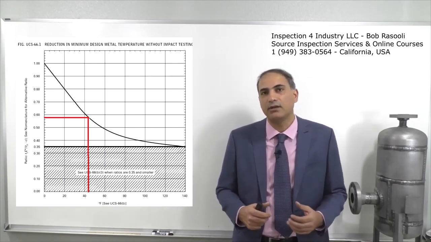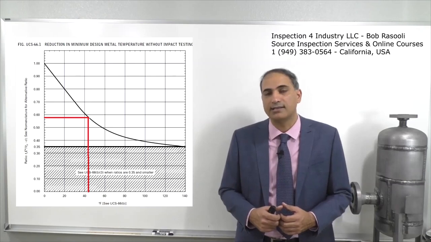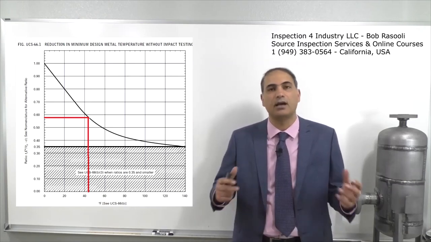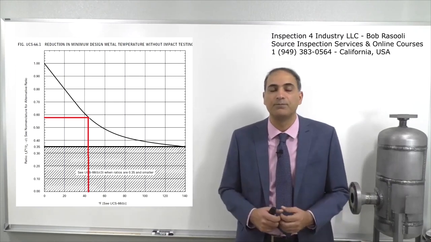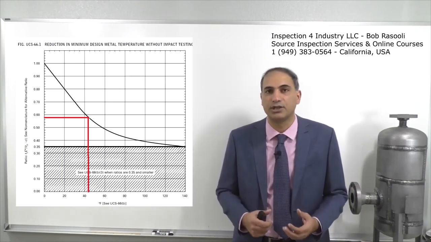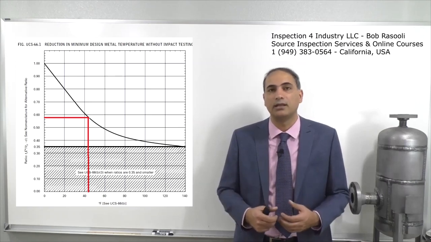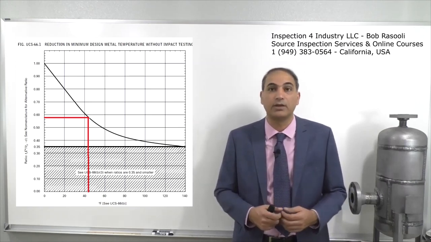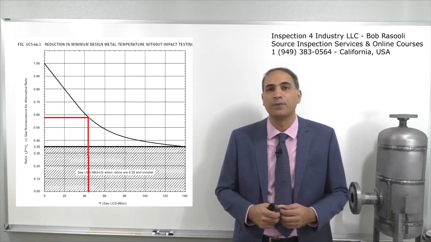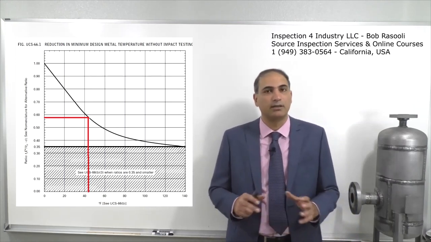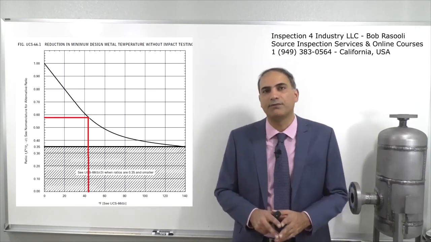The point is, in here we are never going to ask you to calculate the coincident ratio. It's a very design-oriented calculation. The coincident ratio is always going to be given to you, and then you're going to be asked to look at the temperature reduction or the adjusted minimum design metal temperature. But just to know the concept of the